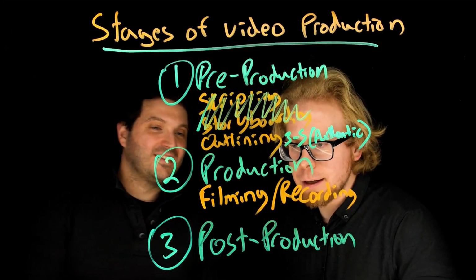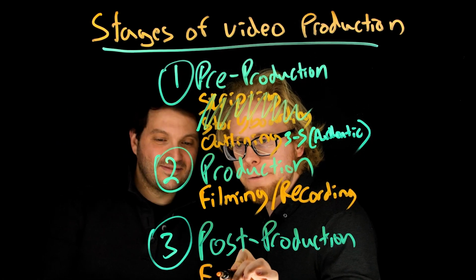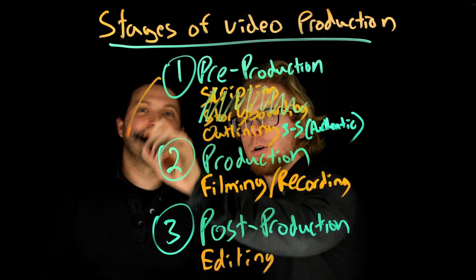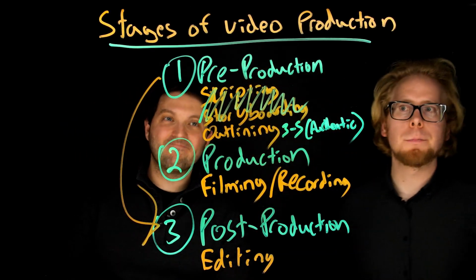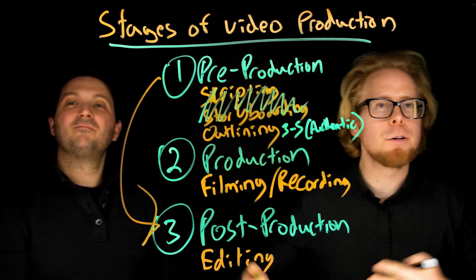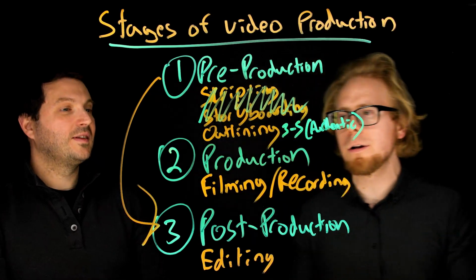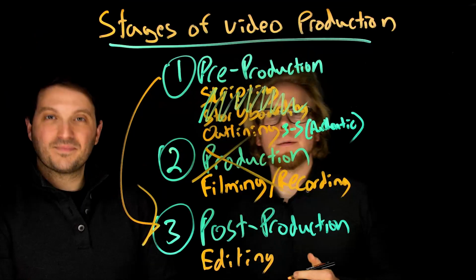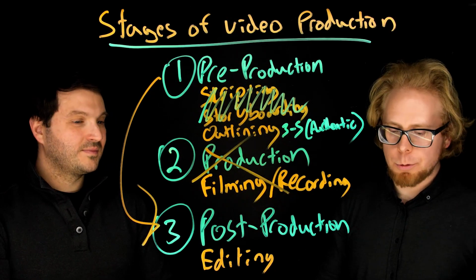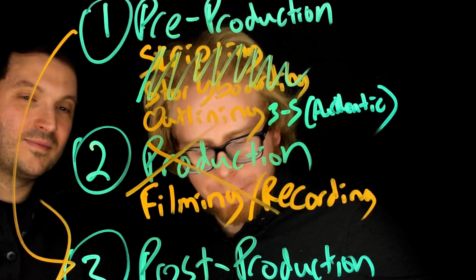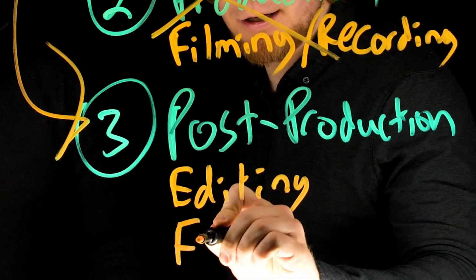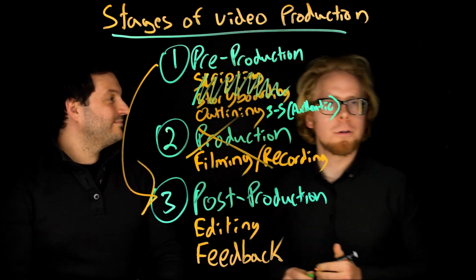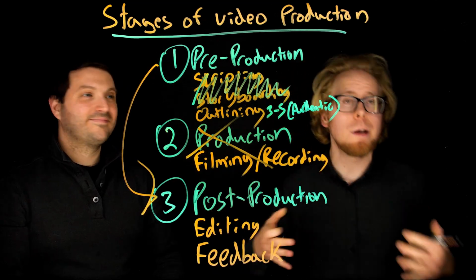Okay, so editing is when we actually take what we filmed. And by the way, sometimes you skip production and go right to post-production because you might not have anything you need to record. So you can, in some cases, skip the production step. But in post-production, we have editing and what we call feedback rounds. Because no matter what, whether you're building a massive motion picture like Lord of the Rings or training videos like we do,